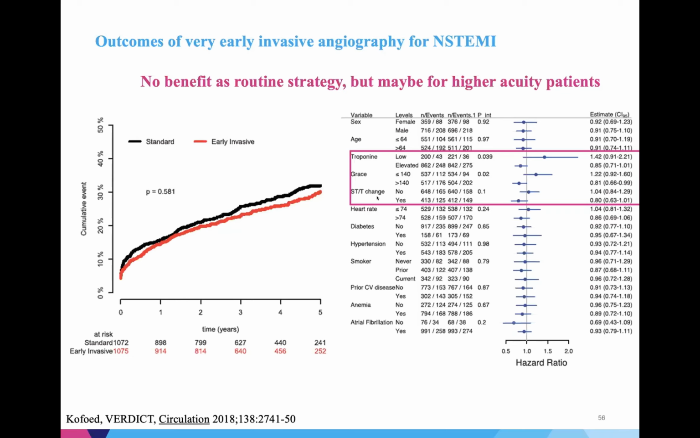This is from the VERDICT study, and those factors were positive troponins, a high global risk score, and they use the GRACE score, or ST wave changes. So it tends to go together with